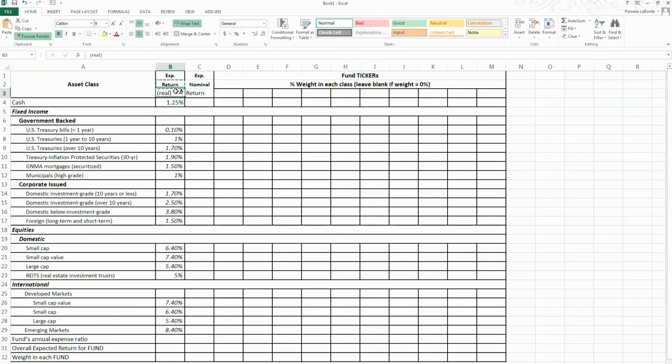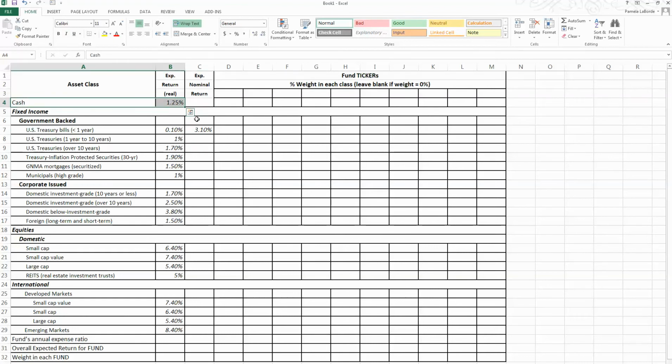And I can't help myself, I have to make that the same font. All I'm going to do in column C is add my inflation rate that I'm using during the second run, and I believe that was 3%, so I'm just going to take 3% plus the... I'll get back to this one. I'm going to take 3% and add it to the number in column B. Except for this one,